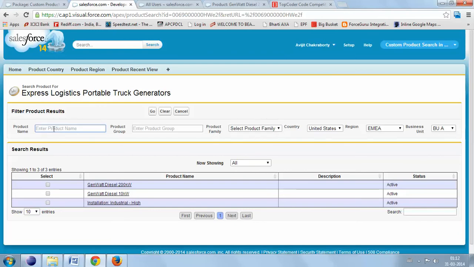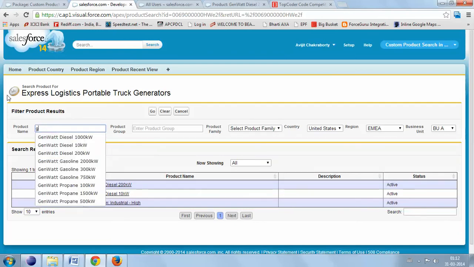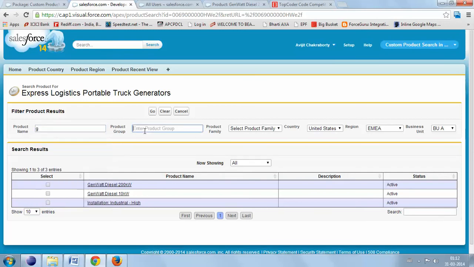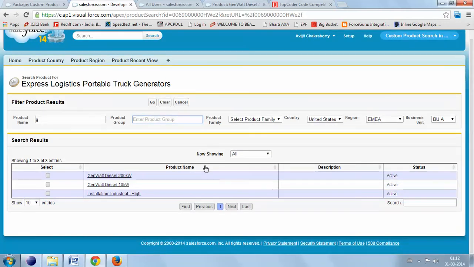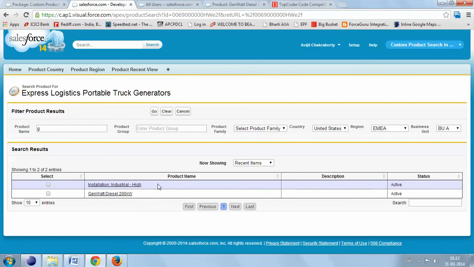So you can see the type ahead is also given here. So as soon as you type, you will get all the options, as well as here as well type ahead is given. So you can select it from here as well. And in now showing, you can see that recent items is given, so you can see that two products are coming right now. So now what I will do, I will make it blank